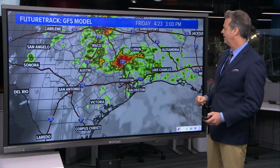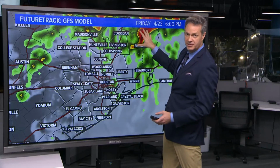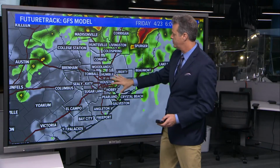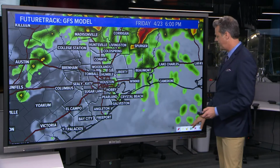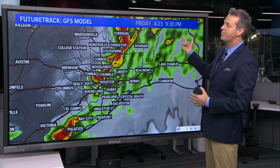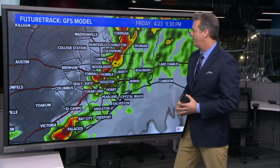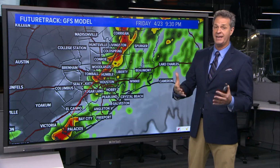So that's going into 3 o'clock. We'll go into 5, 6 o'clock. Again, our northern counties could see the strongest weather, while just a few scattered showers by 6 o'clock in Houston. And then round 2 of the severe weather is going to come in as we head deeper into Friday evening. This is 9:30. That will be a line of thunderstorms, and that will be associated with the front itself,